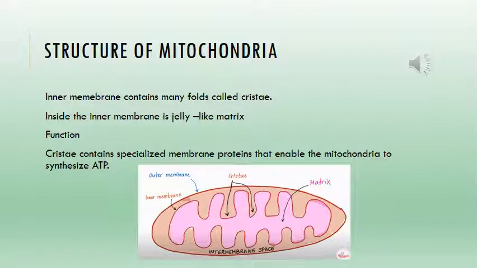The other most important point is the inner membrane and outer membrane. As you have seen, the outer membrane is permeable to certain molecules, so that they can enter it. The inner membrane contains many folds, and those folds are called cristae. Due to these folds, the surface area of the mitochondria is increased. As you all know, these cristae contain some specialized membrane proteins, and that enables the mitochondria to synthesize ATP,